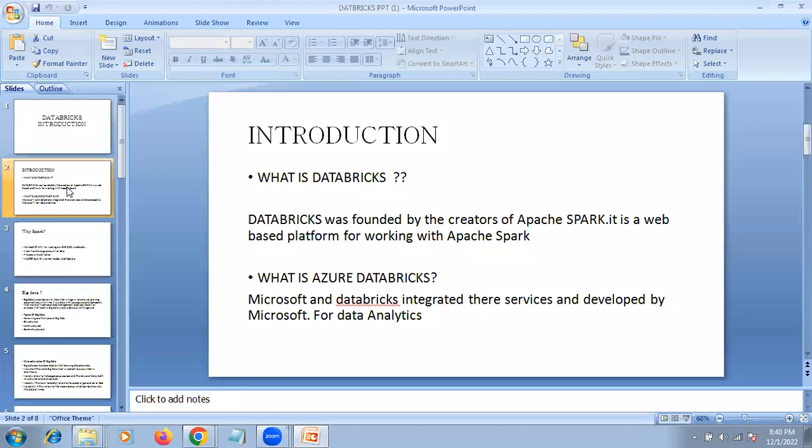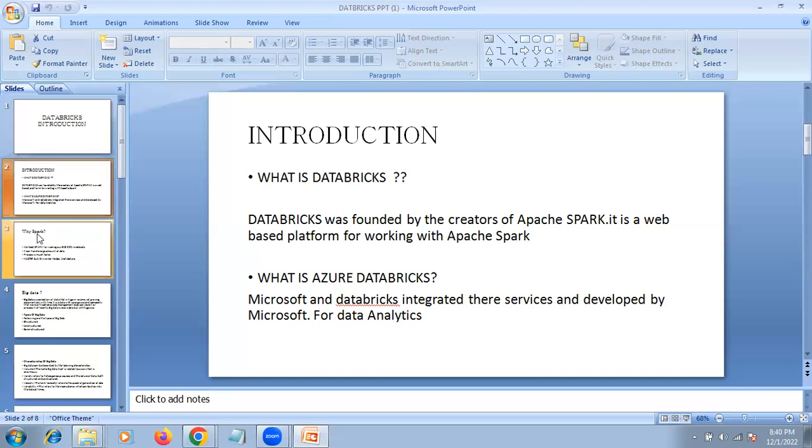If you want to use it in Azure, when you create an Azure ID and log into the Azure portal, you create a resource group, and inside it many services are available. Databricks is one of the services in the Azure portal, so you can directly create a Databricks workspace and use it. This is Databricks and Azure Databricks.